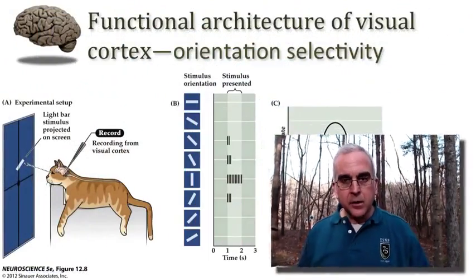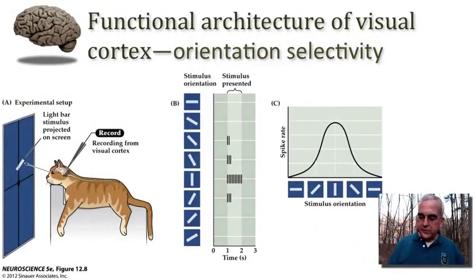And this is exactly what Hubel and Wiesel did. And what they discovered are two very important computational properties of this cortical network: orientation selectivity and direction selectivity. Let me illustrate what they found by considering cortical orientation selectivity. So Hubel and Wiesel did experiments such as this using animal models,